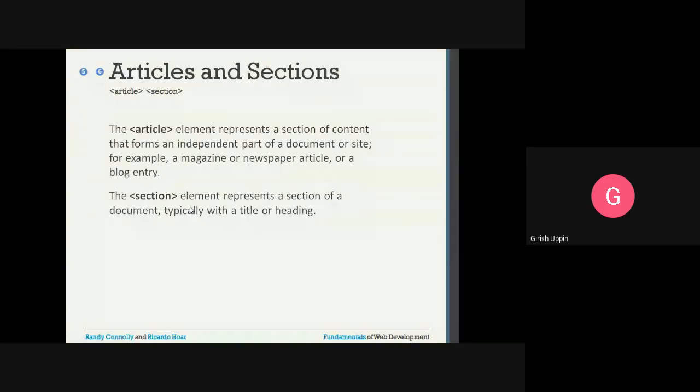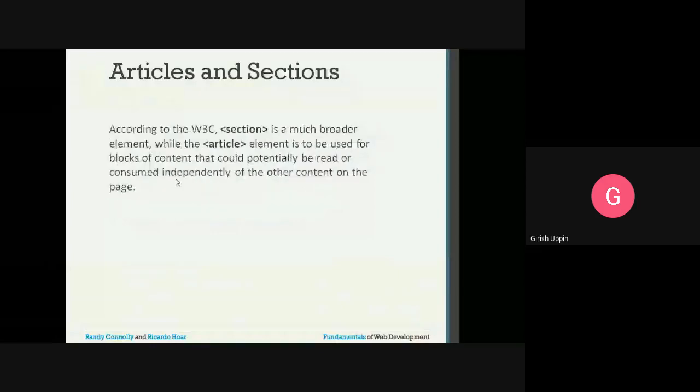For example, I have a sports section. Inside the sports section, I have many articles: an article about cricket, about football, about tennis, and there are so many stories or articles that can go inside this section. According to the W3C, the World Wide Web Consortium, section is a much broader element, while the article element is to be used for blocks of content that could potentially be read or consumed independently of other content on the page.